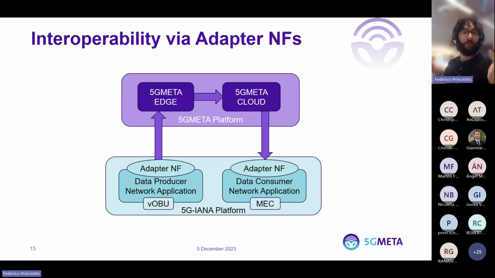One is a sample data producer application running in an OBU, an onboard unit. The other one is a consumer running on edge server. You can add to these two applications those two software components, simply graphically connecting them. The adapter component in the publisher allows to publish in 5GMETA. The other one in the consumer allows to consume from 5GMETA without needing to code to interface directly with the